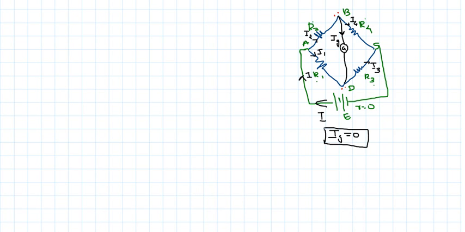Another point you can remember: whenever this Ig becomes 0, from the idea of Kirchhoff's current law, I can write another piece of information. Current at the junction B: I2 is equal to I4, because the I2 current is moving towards the junction B, and similarly, the I4 current is leaving the junction.